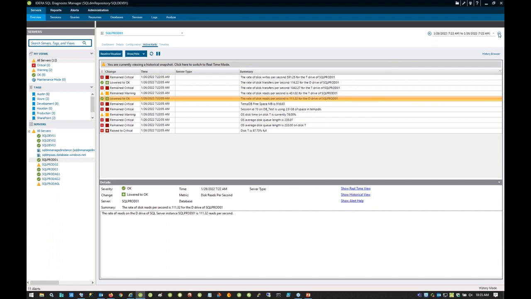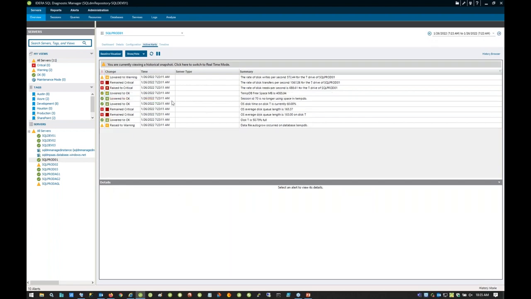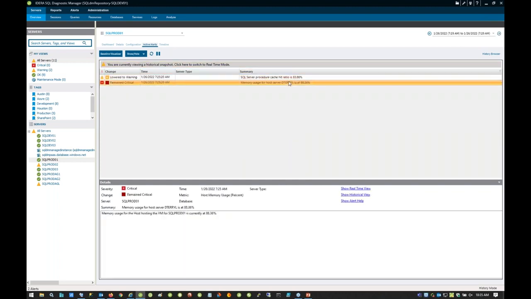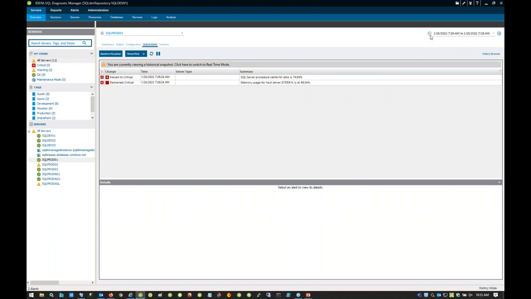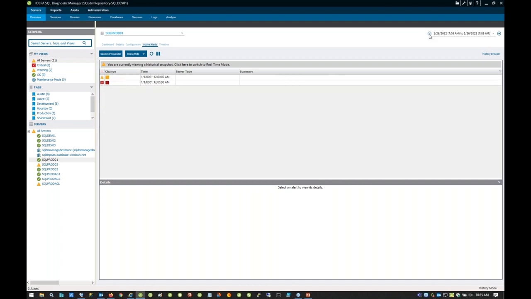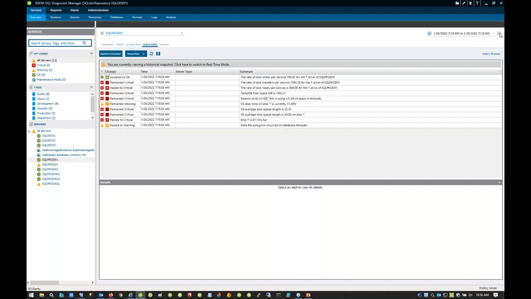So much so that if I move forward, you'll start seeing a lot of these things are lowering, right? So they're no longer critical. They're getting better. If I keep going forward, everything is lowered. And the server, now these are unrelated, but nevertheless, the server is kind of indicating that we're no longer in that problem. So you can walk through and see this stuff and really get a good understanding of when that problem has occurred. So when I talk about alerting here,